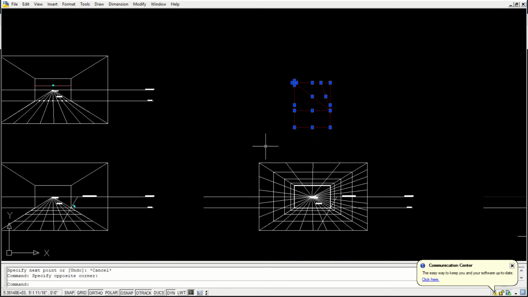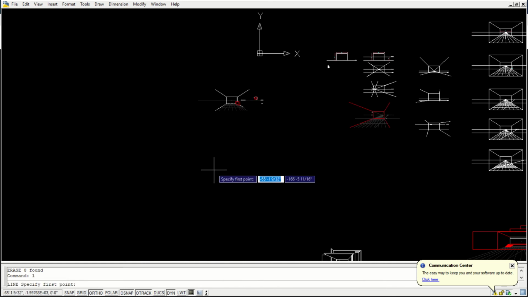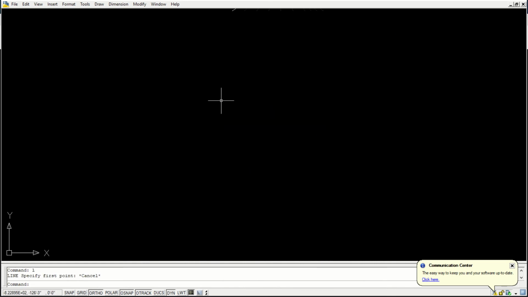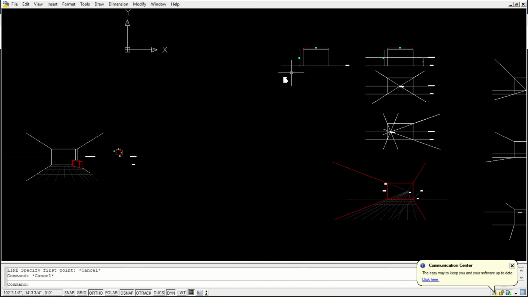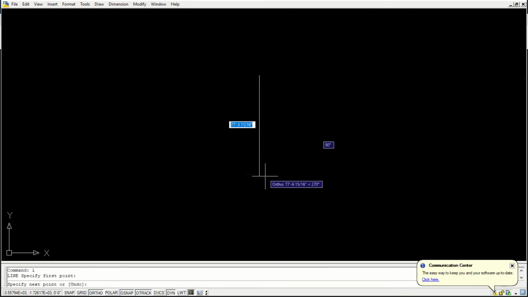Okay, so let me explain it in the way we have done it. In 2 point perspective the same logic will follow. First thing that we need to know is that there will be one wall.